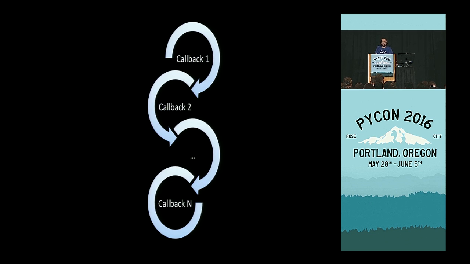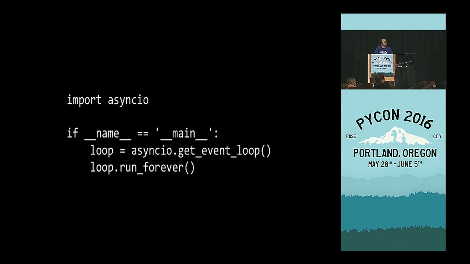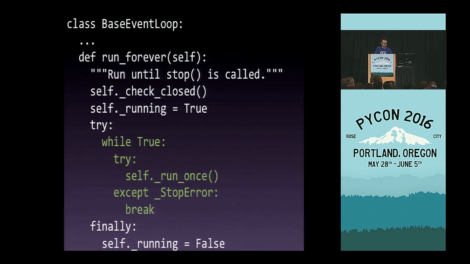But this sounds magical. So let me actually dive inside the code that does it to show you that it's true. When we use async IO, we would do this thing. We would just say asyncio get event loop, which gets the event loop for the current thread, and we say run forever. And if you actually do this, what happens internally is we are actually running a loop. That's the code of async IO right there. You can check it. It's open source, so I invite you to do that.